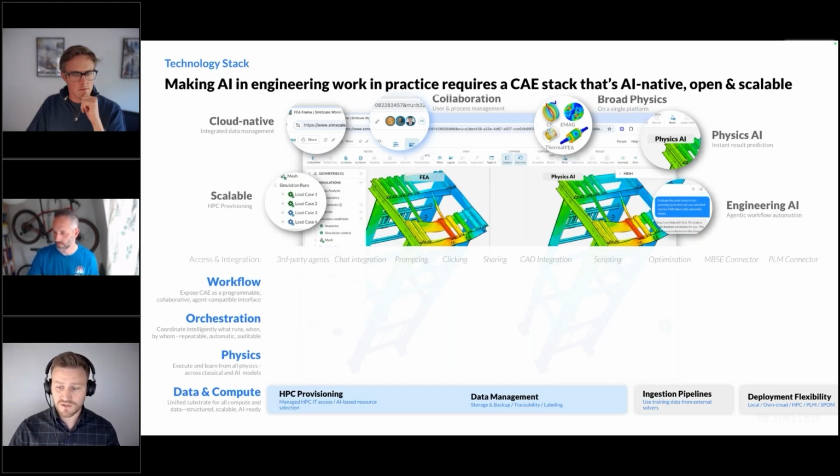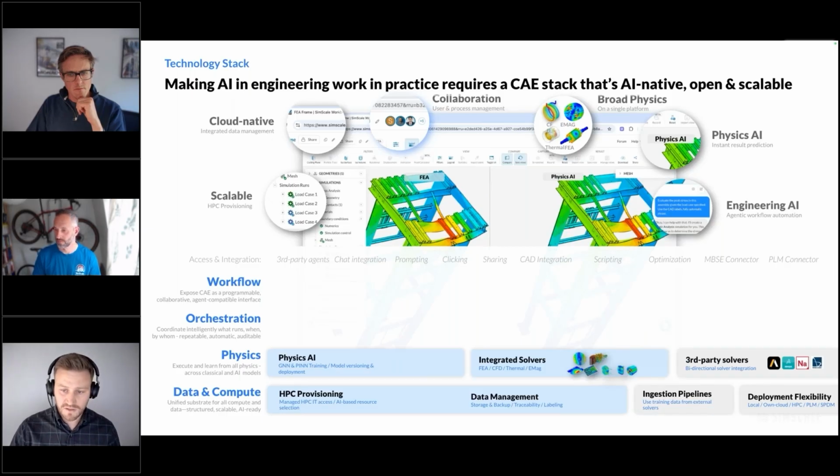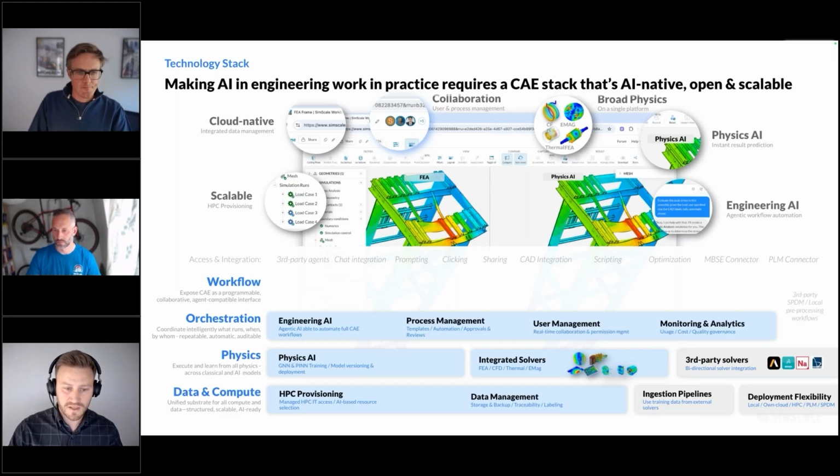So ingestion pipelines to be able to use training data from third-party solvers, deployment flexibility to be able to deploy on other cloud platforms. We have multiple physics, and we're also integrating third-party solvers to be able to bring in alternative data sources and also be able to solve on traditional solvers on the SimScale platform as well.